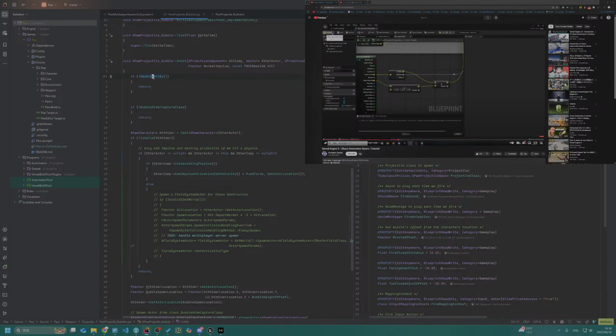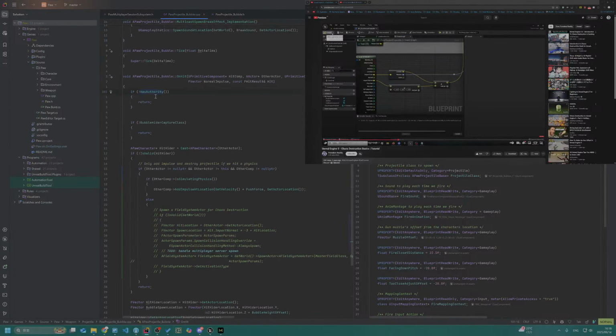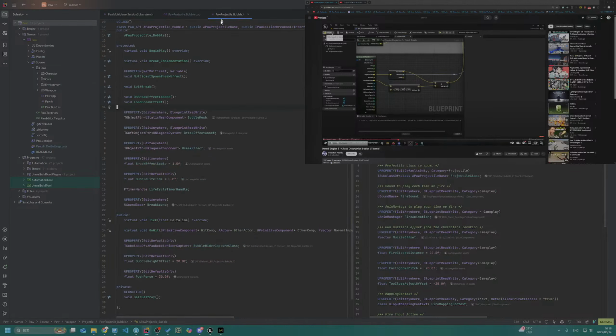And also it's only run on the server side. Authority. Blueprint native event. Protected.